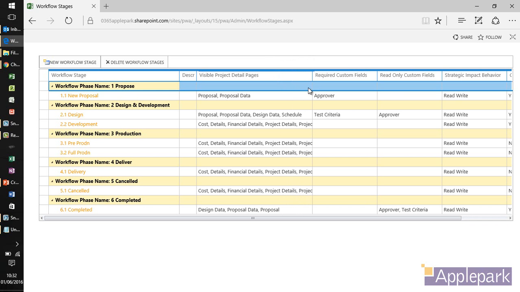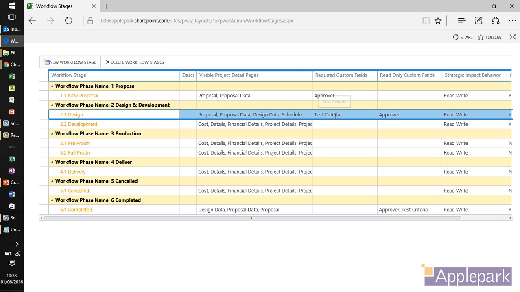What information do I want the user to have the opportunity to enter? Okay, and some of those could be required fields, so you cannot move beyond this stage until you've completed this data. Yep. So I won't be able to come out of design, the design stage, until test criteria has been